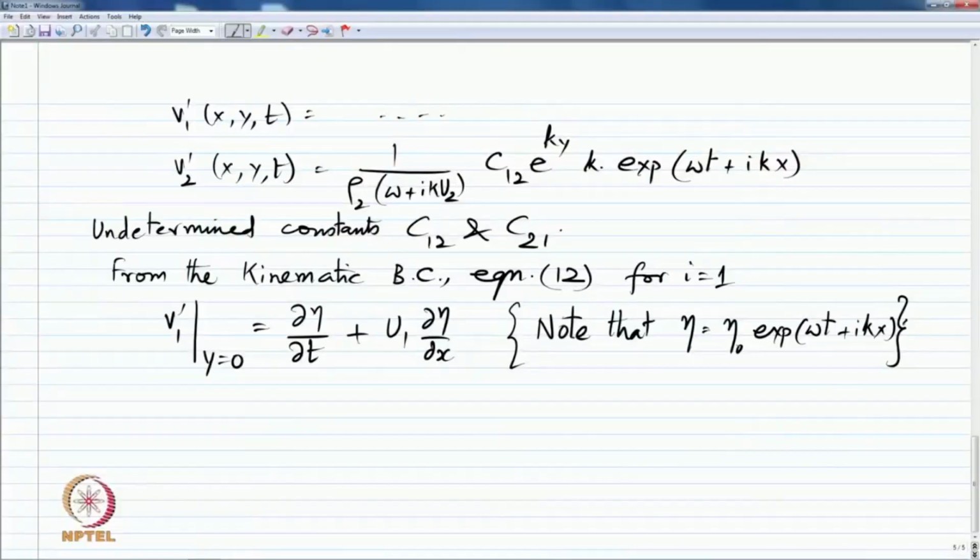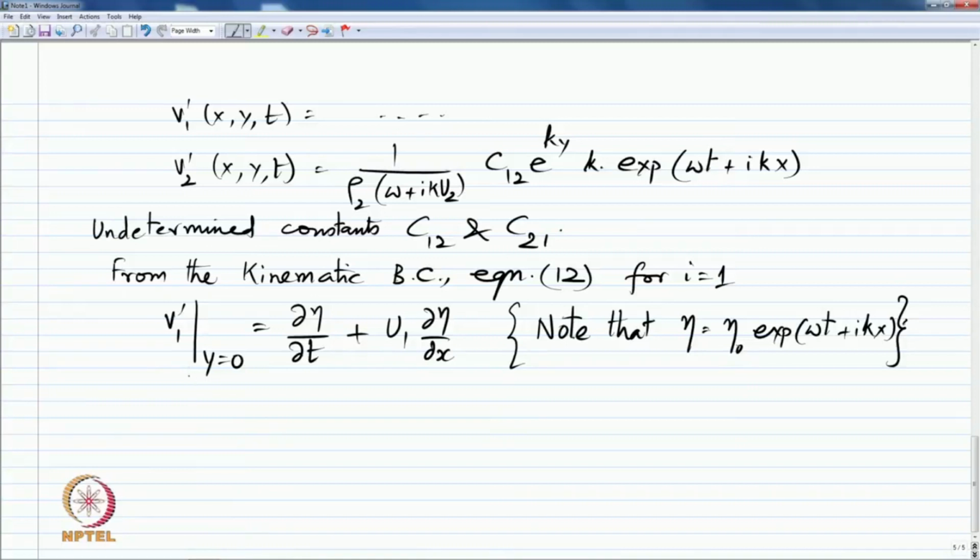Eta happens to be the actual physical perturbation that you have introduced to the wave. So, if you have eta having some amplitude eta naught and some temporal frequency omega, like we have said before, and a wave number k, then the requirement that the y direction velocity in fluid 1